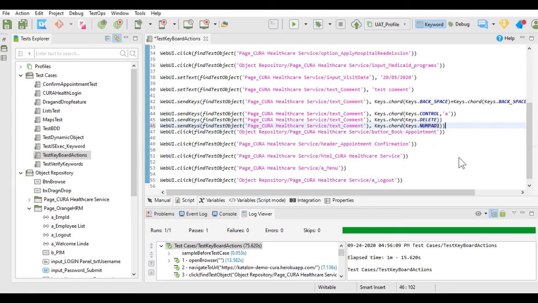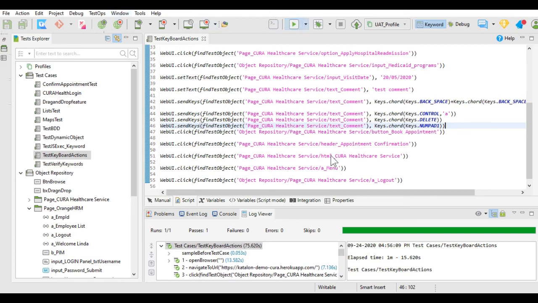It will add 1 from the numpad using the numpad key from the keyboard in the comment box. So let's execute and check what it will do. It will use the backspace key twice, which will remove N and T. Then it will use Control A, which will select test comment completely. And then it will delete the test comment and it will add 1 to the comment text box.